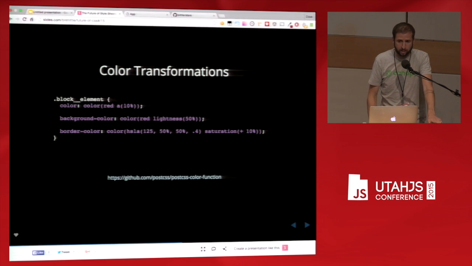Color transformations. I loved these in Less and in a variety of preprocessor languages. This is coming to the language itself as well. So you can use color transformations directly in your CSS. And again, all this will be pre-processed by CSS Next and output a